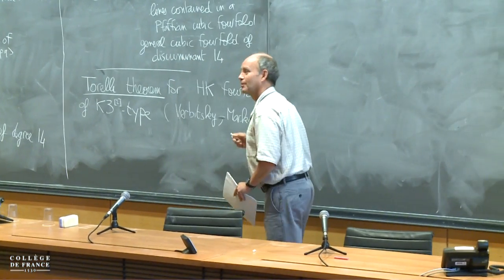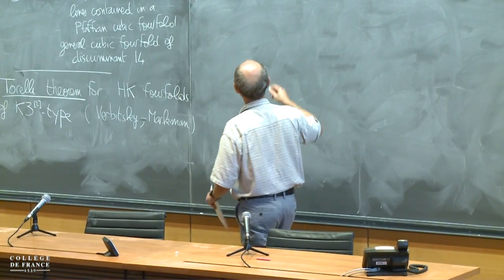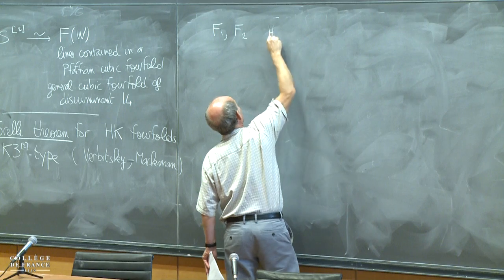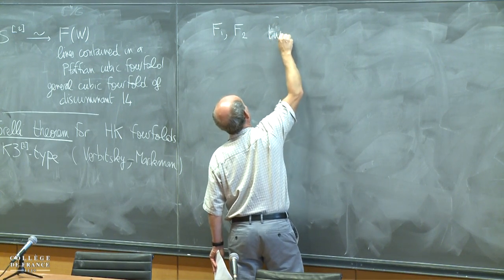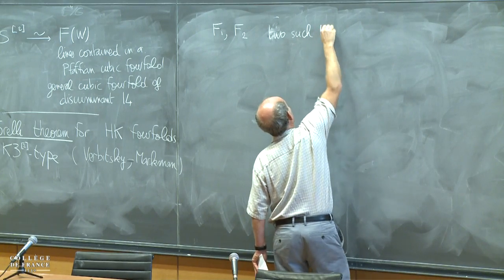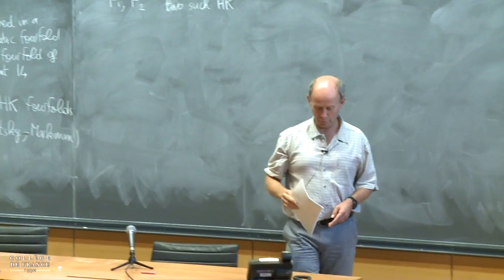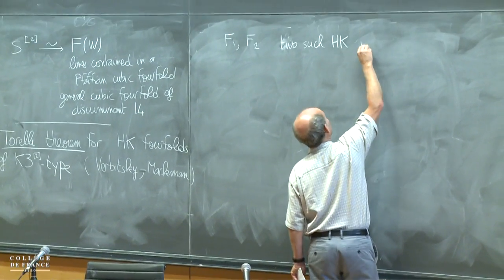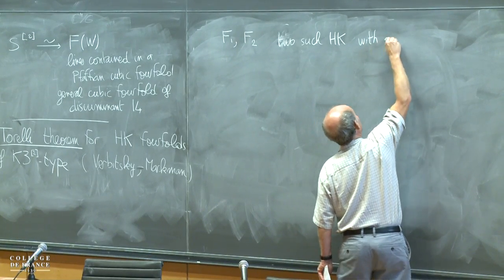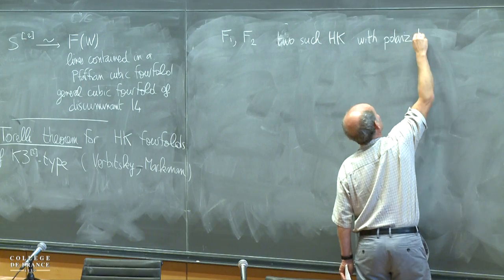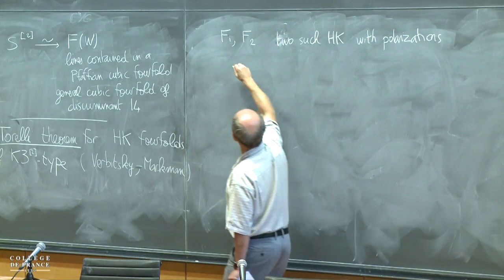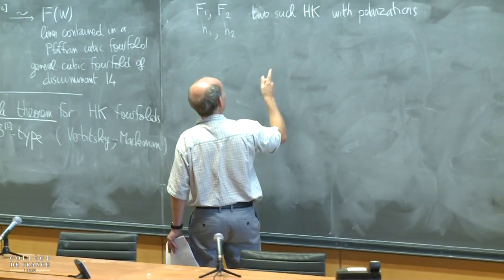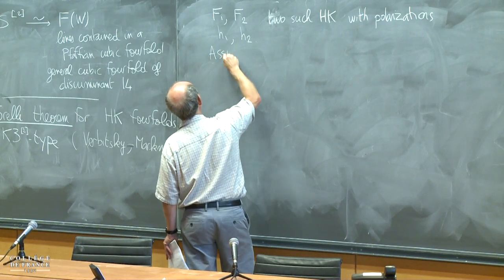Maybe I'll write for Janusz, I'll stay at the top of the blackboard. So let's say you have two such Hyperkähler fourfolds, of K3 square type, with polarizations H1 and H2. And assume there is an isometry of Hodge structures